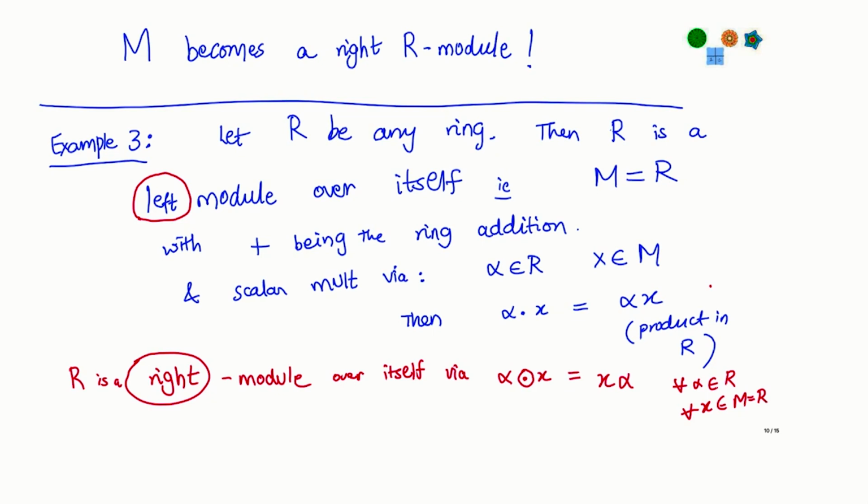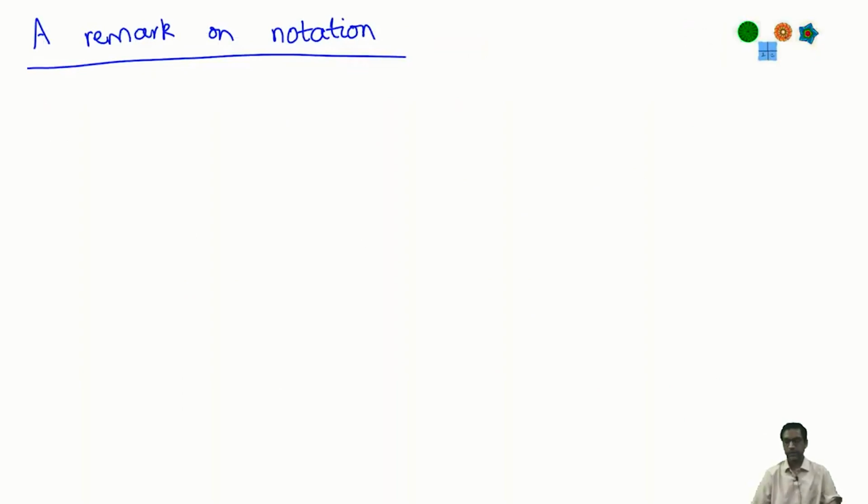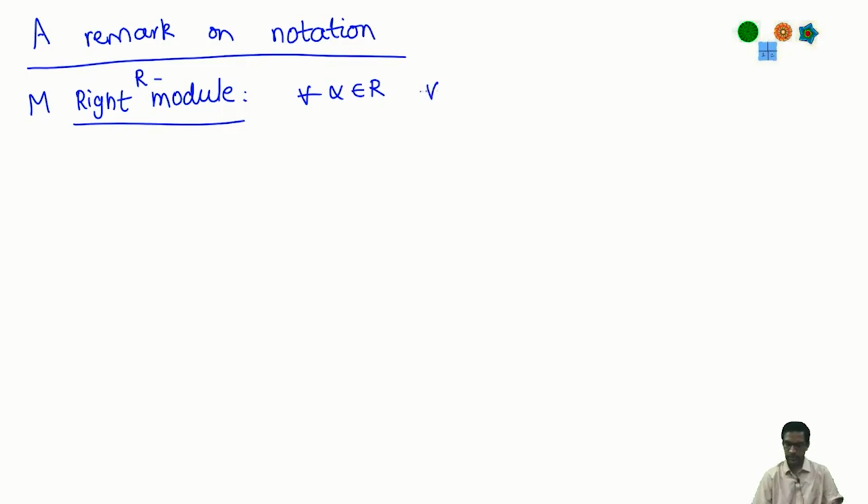Okay, so we have seen in some sense three examples of left modules and three examples of right modules. A remark on notation. We keep talking about left and right modules. Recall that when we say that something is a right module over a ring R, it just means that M is a right R module, so there is a notion of scalar multiplication, and we denote this scalar multiplication like this: alpha acting on x is the scalar multiplication, and it satisfies